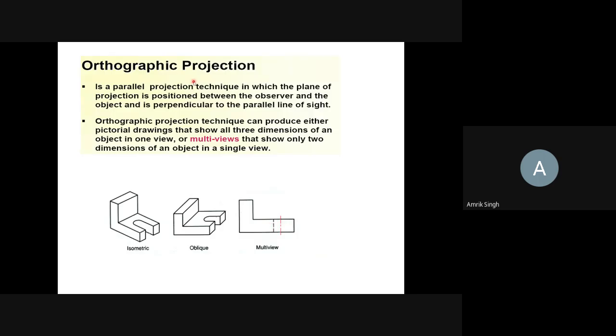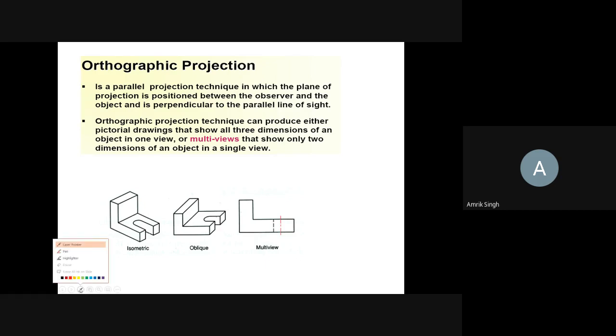So orthographic projection is a parallel projection in which the plane of projection is positioned between the observer and the object and is perpendicular to the line of sight. Orthographic projection is a technique which can produce either a pictorial drawing that shows three dimensions of the object in one view, or multi-view drawings that show only two dimensions of the object in a single view.